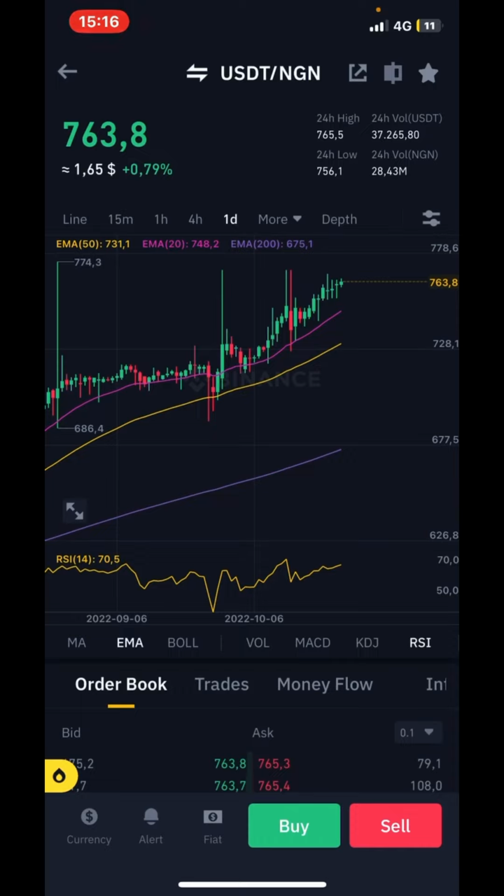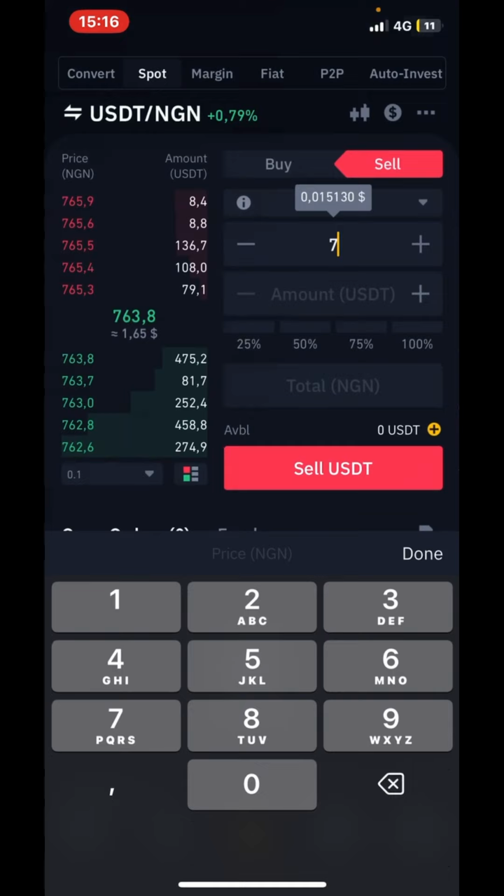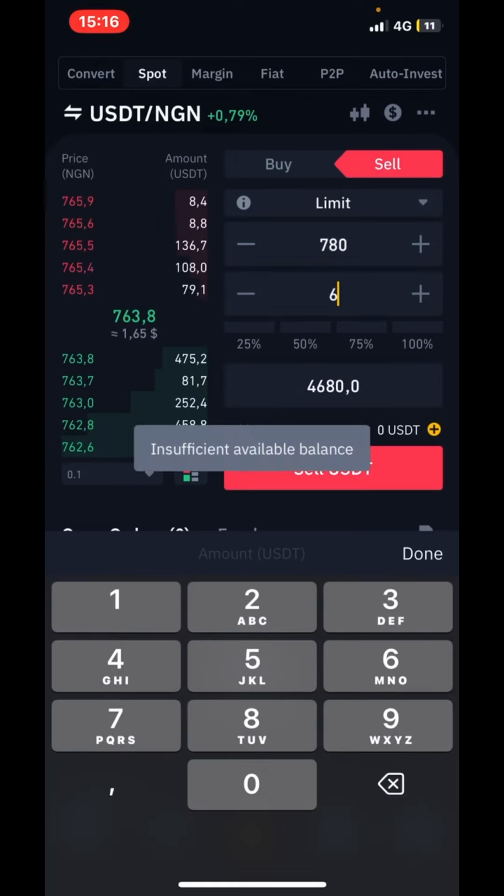Then you just need to wait maybe 2 to 3 days or one day, or 5 hours, because this price can go to 780 with maybe in 1 minute. So it depends, at least 2 to 3 days max, or one day, or 5 hours max. So you will be able to sell at this price, 780. Then selling at 780,